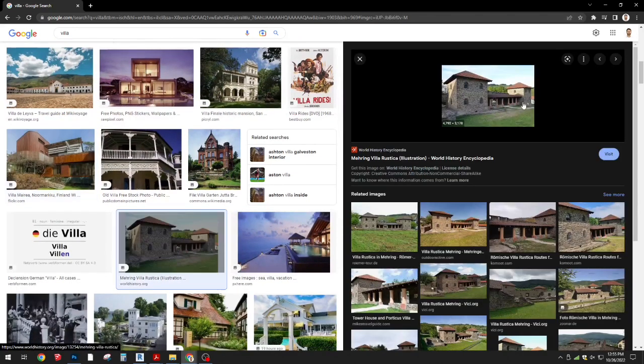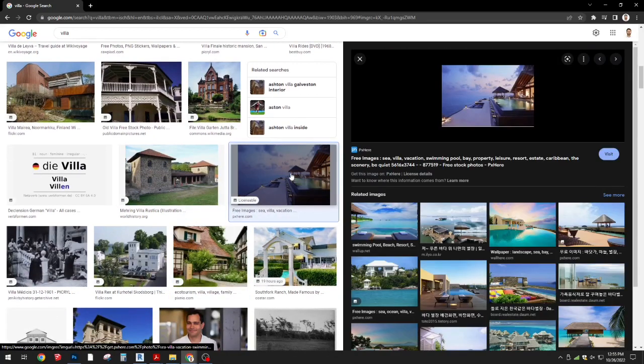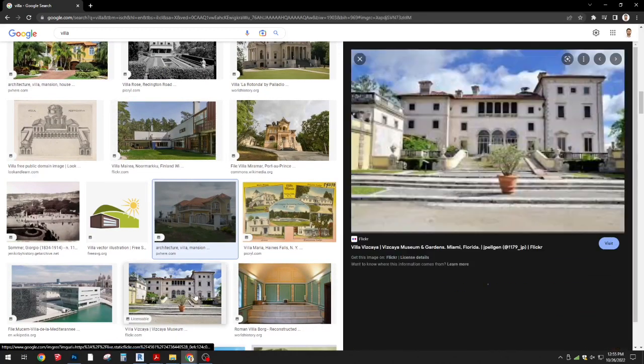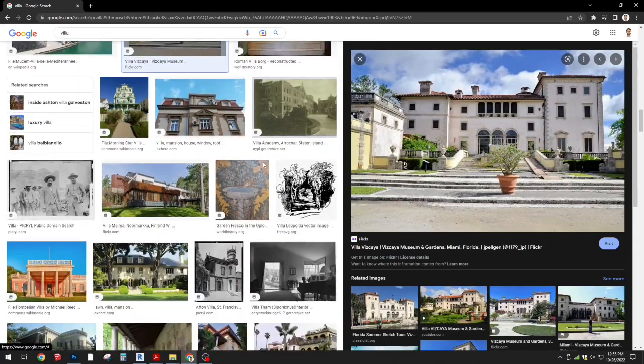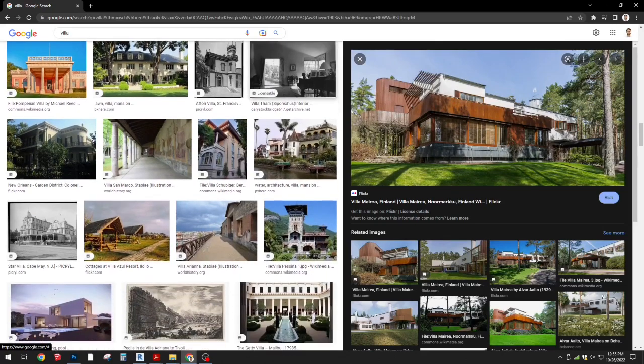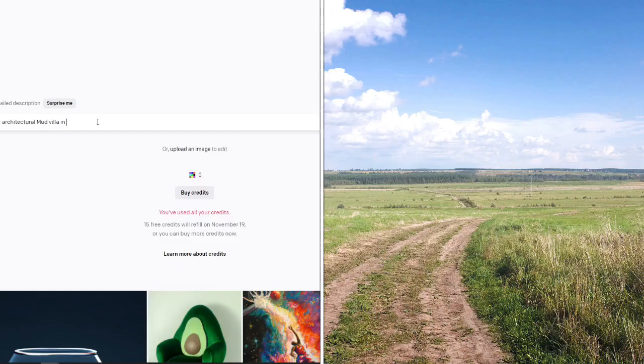But if you put in a term like modern, it's going to make that villa maybe more European based. If you put in something like an Adobe villa, it's going to give you something much more, like I mentioned, organic or amorphic. So let's continue on here. A curvilinear architectural mud villa, and I know I'm going to want this set in a prairie landscape,